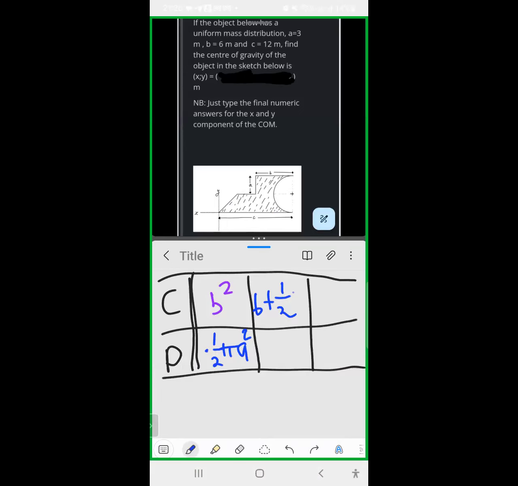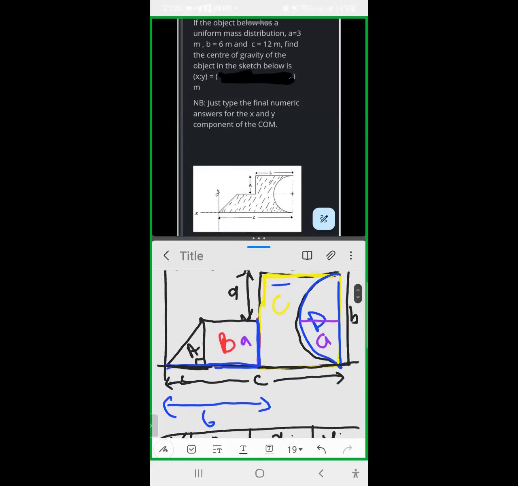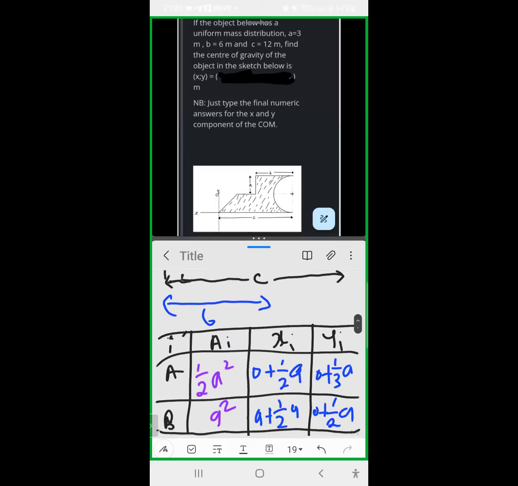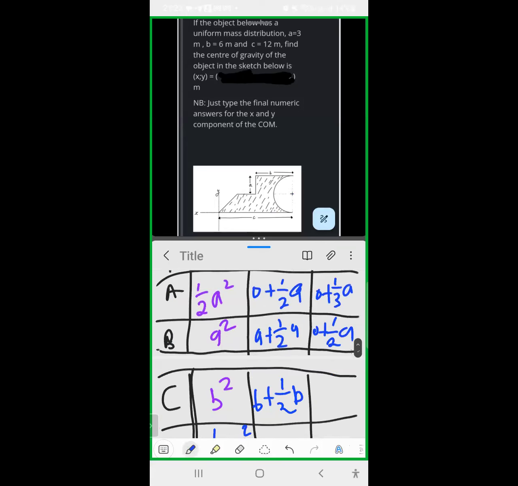6 plus half of b, and then its y center of mass, even this shape, didn't move up or down on the y. It is exactly at the origin. Therefore, its y center of mass will simply be 0 plus half of its height, which is b units. So therefore,